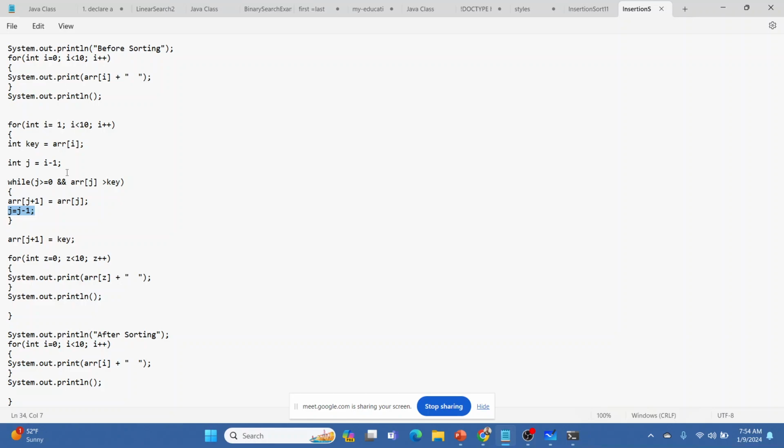The moment the shift completes, because after this there will be j minus 1, we will set arr[j plus 1] to the key, right? So that the right element will reach its right index number, right? So these are the basic things in insertion sort. These two logics you need to practice again, because you can do it as a right shift and you can even do it in reverse also. So I suggest that when you are practicing, do one with the left shift also, to learn how to create a reverse insertion sort.